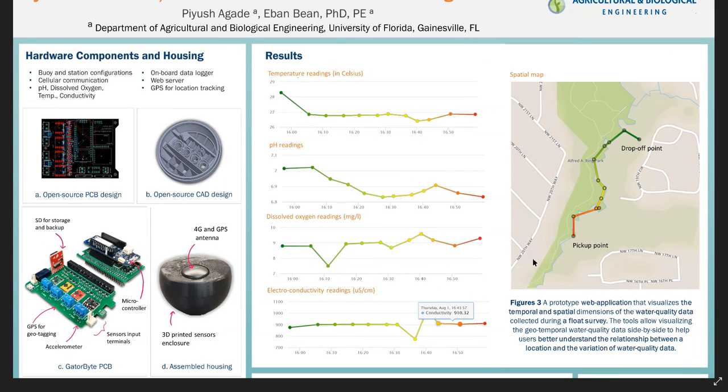The next figure, that is the figure 3, shows a prototype web application that shows the data collected during a survey that we did in Gainesville a while back. Although the buoy used in this survey is a couple generations old, the core components and the data format is the same. Now, this rudimentary web application visualizes the collected data using charts and maps for each water quality